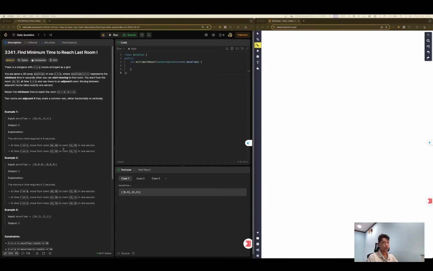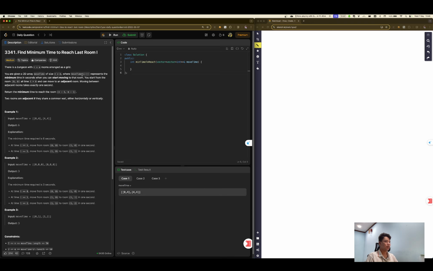Hello everyone, welcome back. Today we're going to solve the daily question on Leetcode about finding the minimum time to reach the last room, I guess it's Find Minimum Time to Reach Last Room Two. This statement says that you're given a 2D array moveTime of size n x m, where